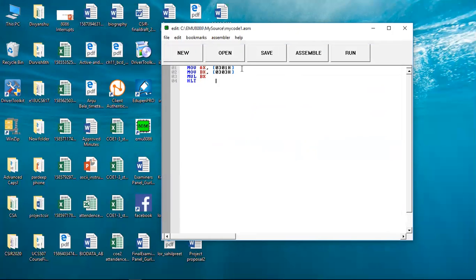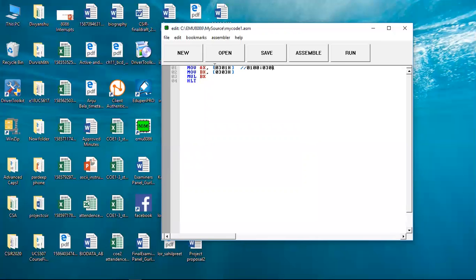Now in this case, what does it mean? 0301. What does it mean? When we are inputting, we input it in this way. Now in this case, 0100 is the data segment which our assembler is taking. 0301 is my offset.